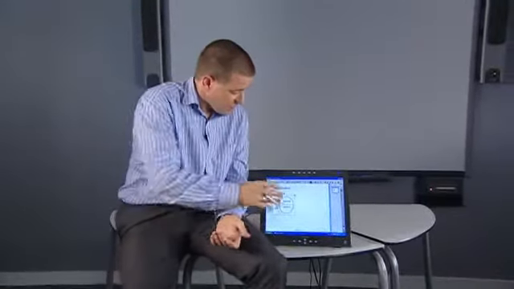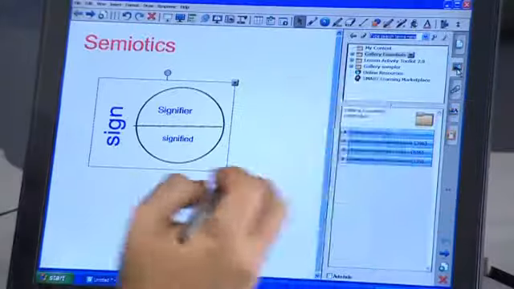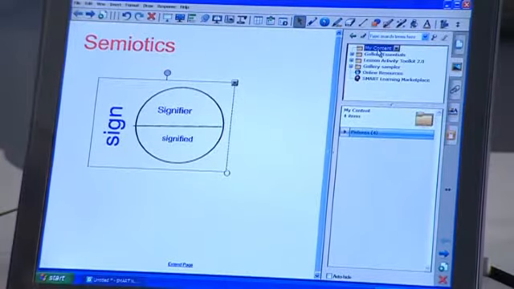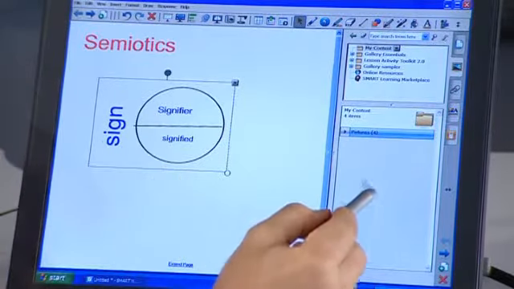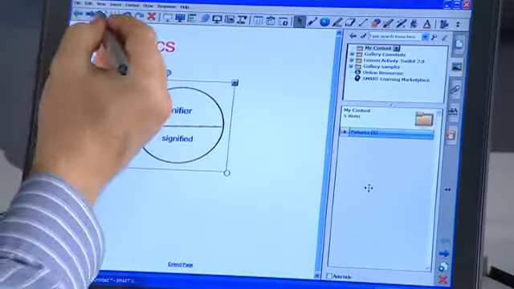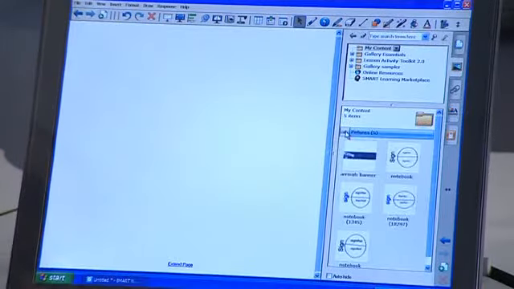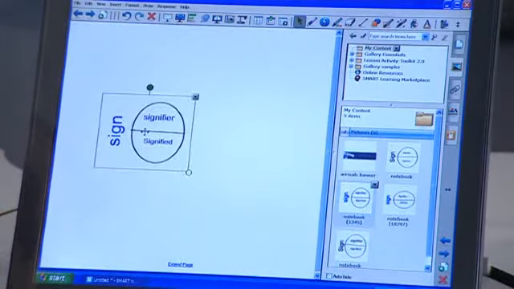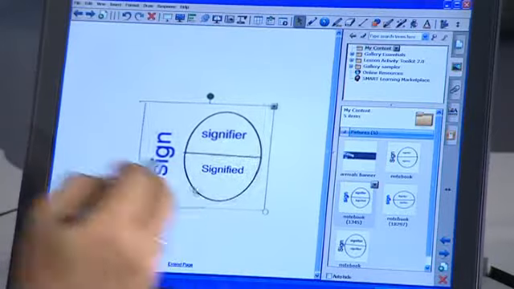This may actually be a useful diagram, however, something which I may want to use in subsequent lectures. Smart Notebook software has an ideal tool for saving this called My Content within the Gallery tab. So if I open the Gallery tab, I'm actually able to open my content and drag the diagram into there. So if I'm on another page and I want to refer back to that diagram, I can simply drag it onto